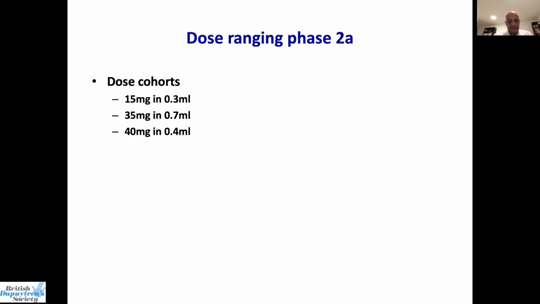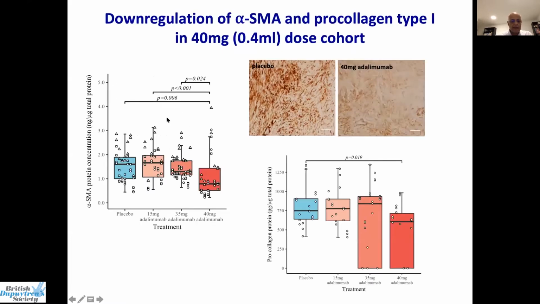And as it happened, the manufacturer of Humira, AbbVie, just brought out a new preparation of double the concentration, so 40 milligrams in 0.4 mils. So we amended the trial protocol and included an additional dose cohort. So these are the doses of adalimumab and the respective volumes, and we also had controls with the same volume of saline. And what we found was, compared to placebo, there was no change in the expression of alpha smooth